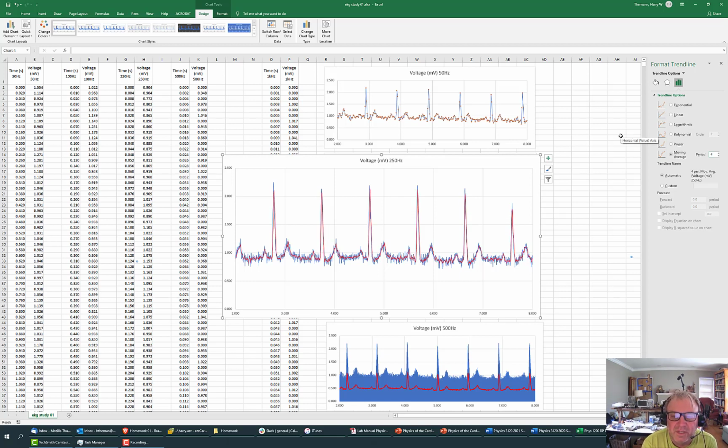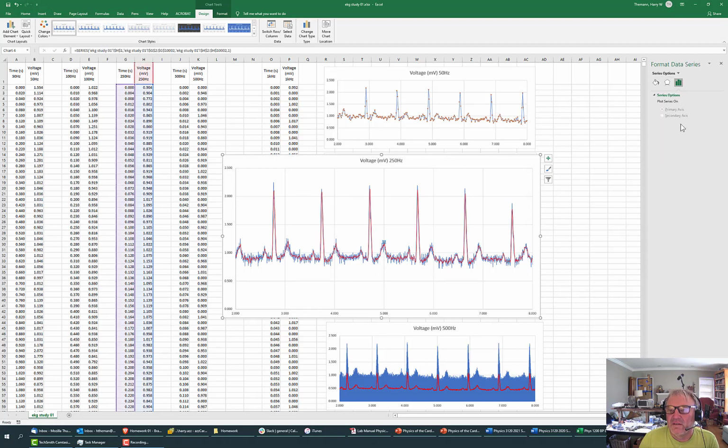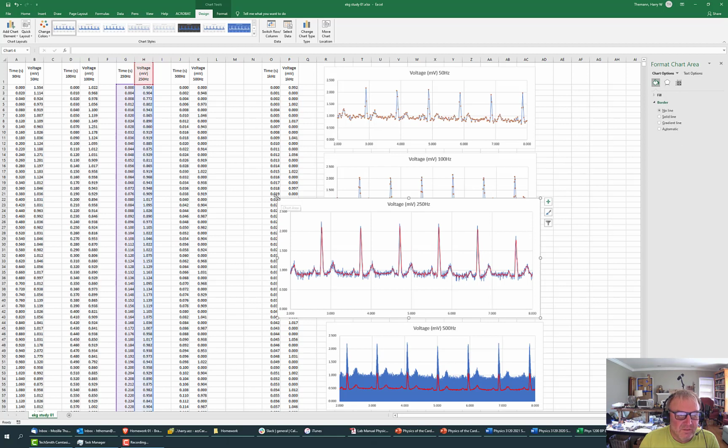We see with the moving average of 4 that it's looking pretty good, right? So then we can go here and let's say, now we can actually get rid of the line of the data, and that looks pretty good. Could be better, I suppose. And that's why one might decide that one wants to choose the